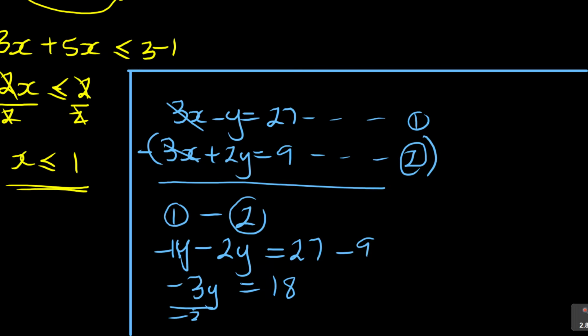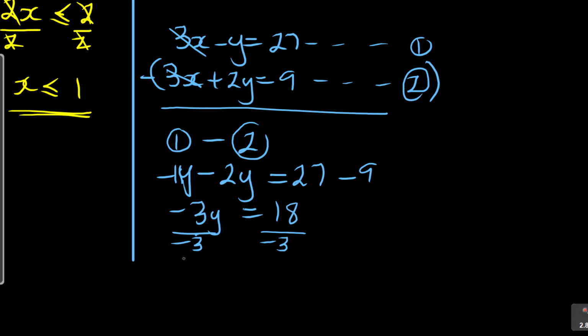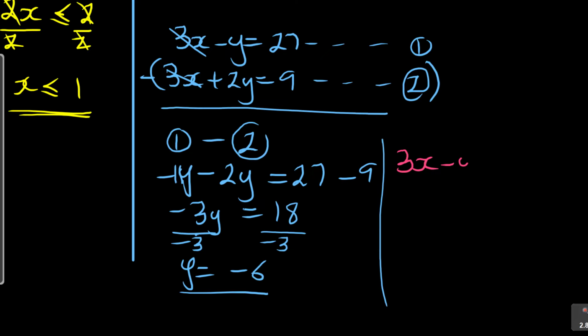Divide by negative 3, divide by negative 3, and then it will give you now our value for y, which will be y is equal to negative 6. But now we need the value of x. Remember, you can take any. 3x minus y is equal to 27. You can choose that one, but we know y is negative 6, so 3x minus 6 is equal to 27,